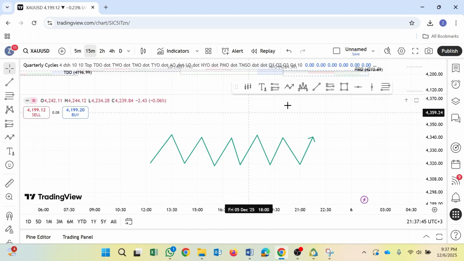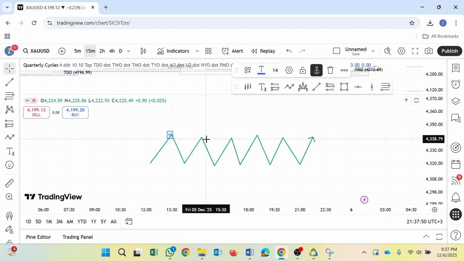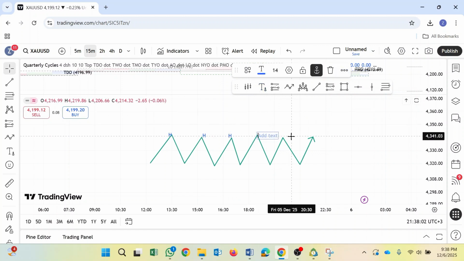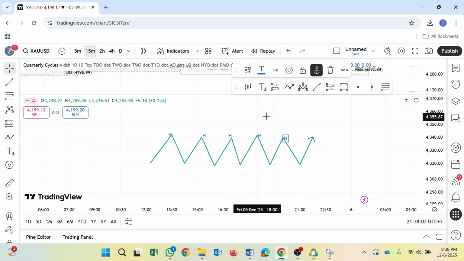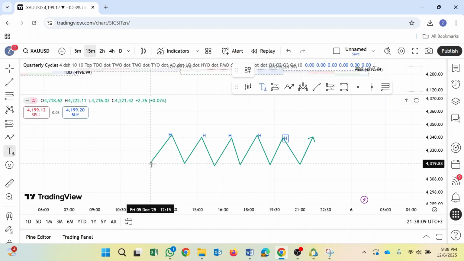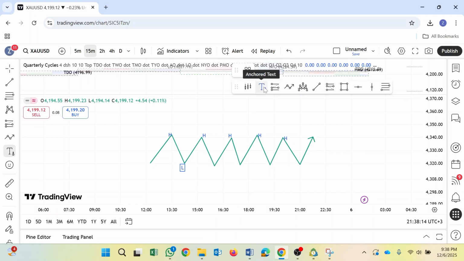So now you also mark this like you've done the other one. This is a high. This other one is a high. This is also a high. This is another high here. Then I want to label also the lows, a low here, and another low here, another low here,